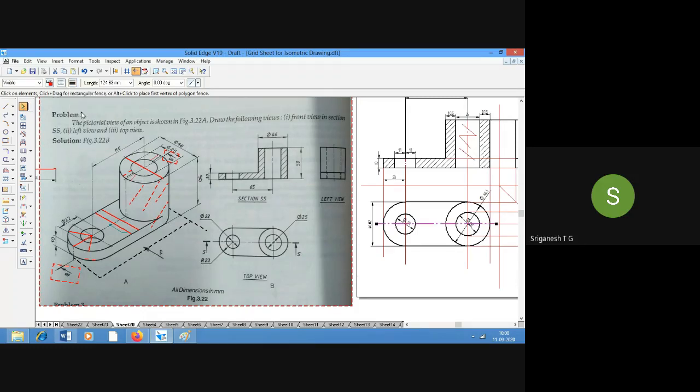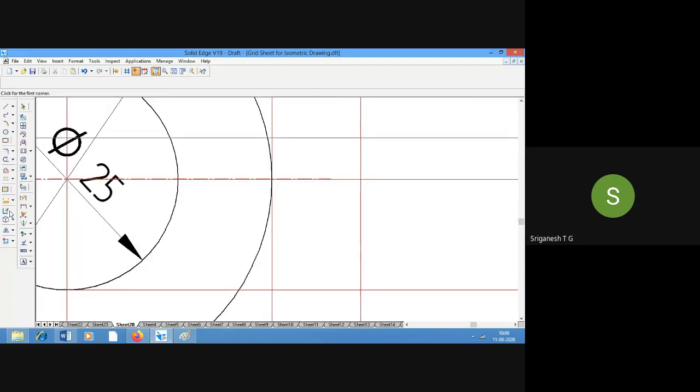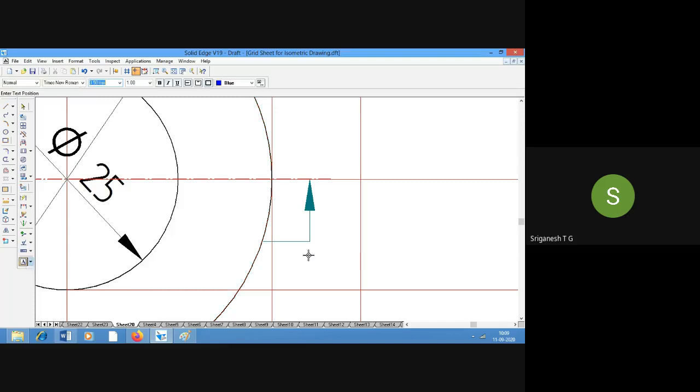But don't make it dark in the drawing on your sheet of paper. Make use of the leader line or the arrow marks to indicate where the sectioning is, and just put the alphabet SO here.